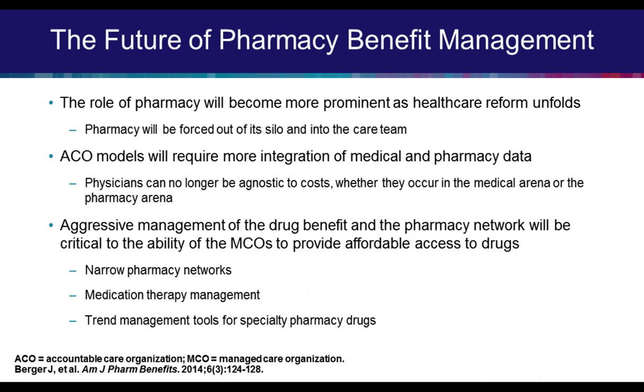These integrated systems are prerequisites to new types of contracts that will include outcome guarantees and mechanisms to attribute values to different stakeholders for specific activities and/or outcomes. Healthcare stakeholders must remain vigilant about managing costs with all of the tools in the arsenal. The role of pharmacy is evolving and increasing in importance. There is an emerging market imperative to integrate pharmacy and medical services to optimize not only patient outcomes, but the